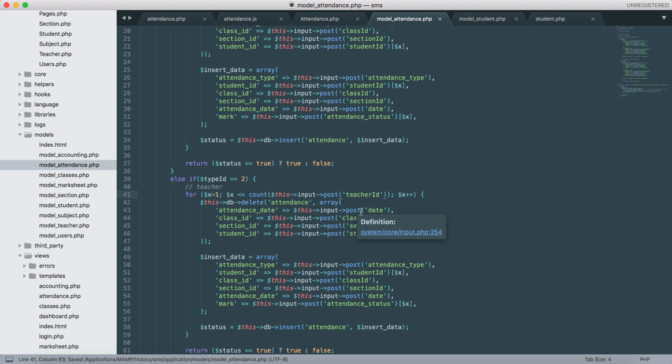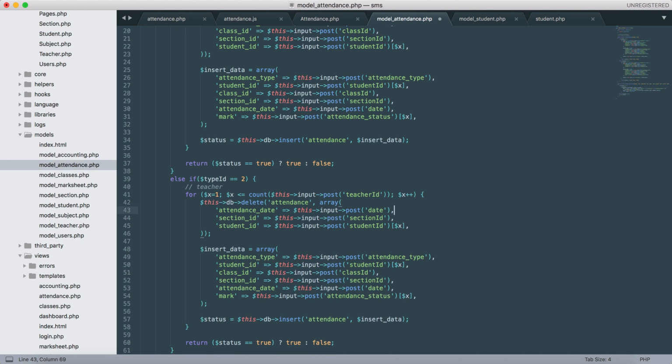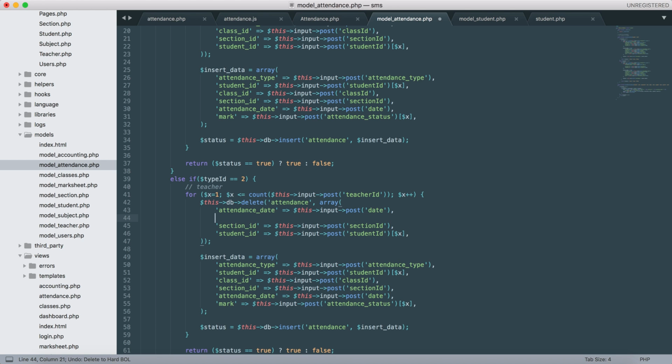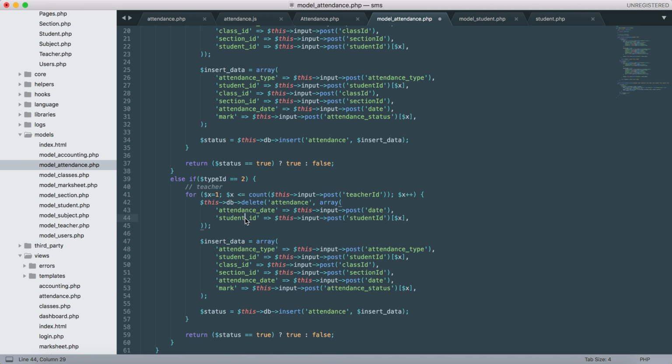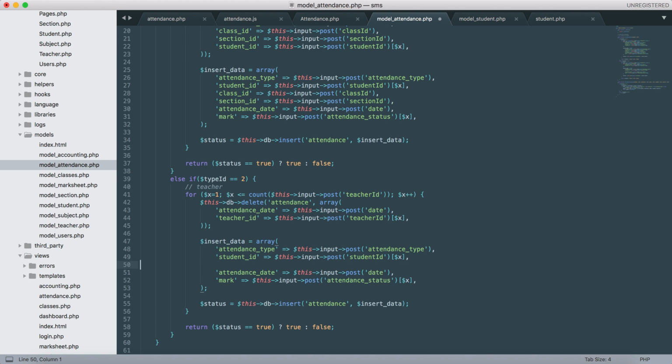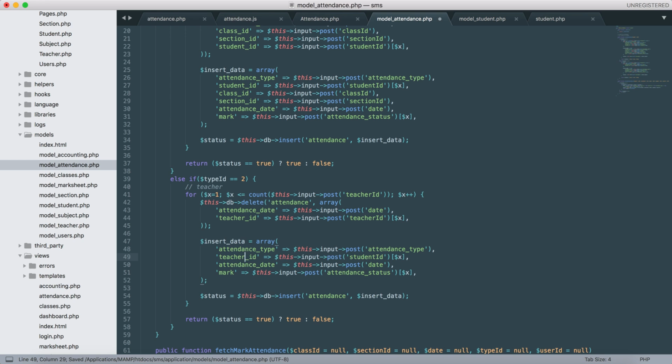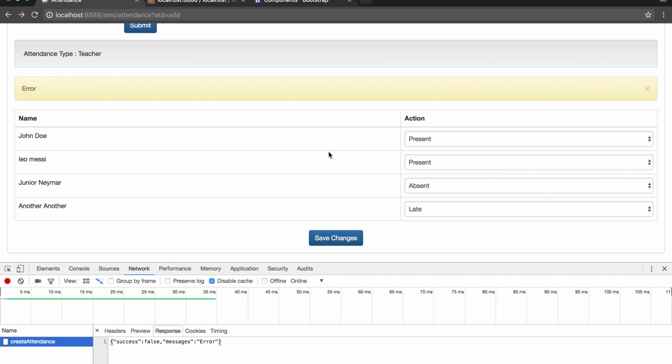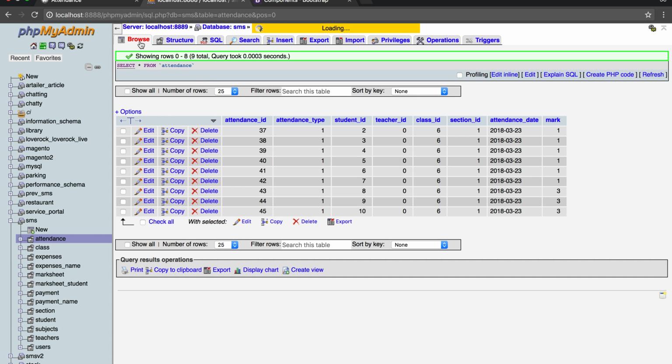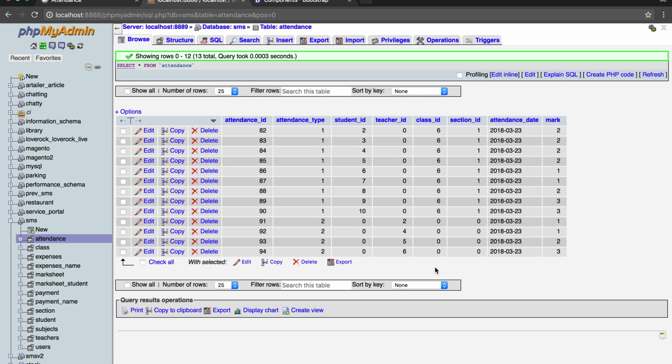We don't need the class id, and I think we don't need this and this. We just need a teacher ID here and here, and we don't need this section and class ID. Let's change this student ID to teacher ID, and here also to teacher ID. So let's update that. Okay, it's successfully added. If we see, the section and class ID is empty, student ID is empty,